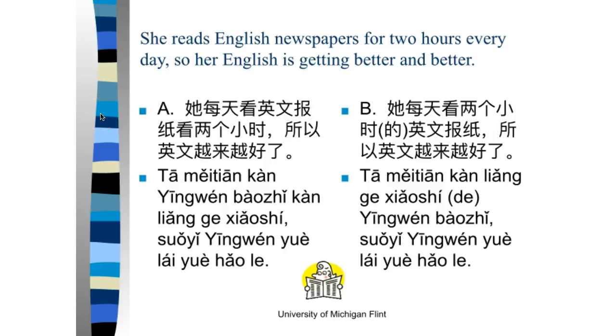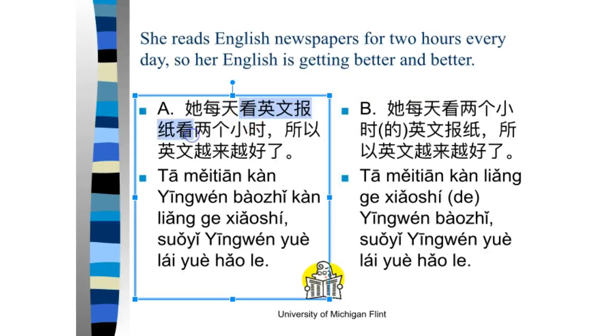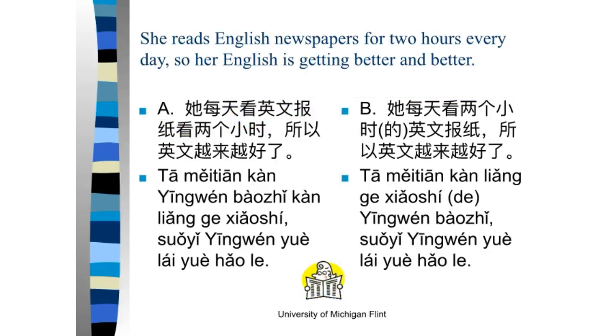她每天看英文报纸看2个小时，所以英文越来越好了。Versus 她每天看2个小时的英文报纸，所以英文越来越好了。Equivalent expressions, one using de modifying the object 英文报纸, the other one repeating the verb twice, 看英文报纸看2个小时。